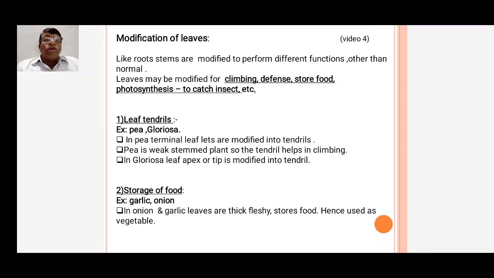Leaf modification for climbing or to give support. Example, pea, pea means Pisum sativum, and Gloriosa superba, commonly known as Gauri Hoova. This plant produces beautiful flowers,